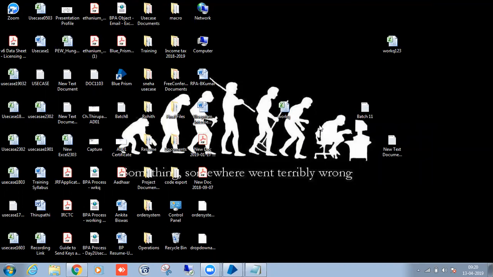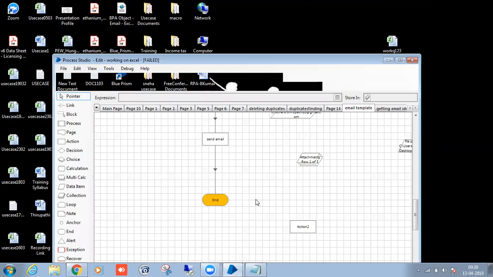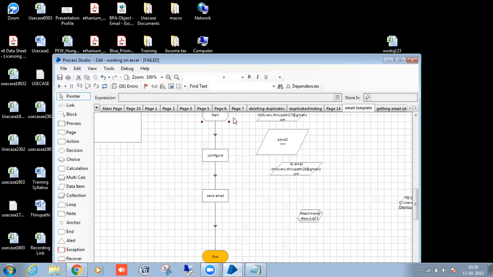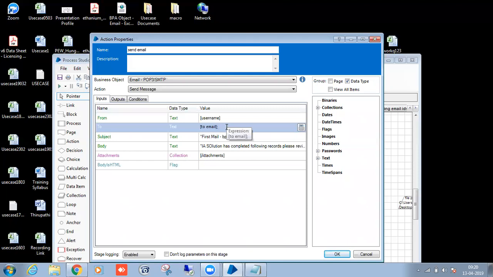If we want to send the mail to multiple people, where do we put the multiple email addresses? Here only, in the To field. You need to separate them with a semicolon. However many there are, you can send it to everyone.